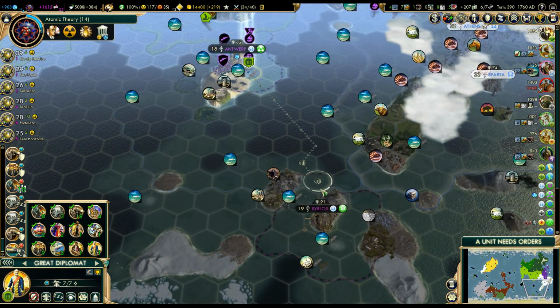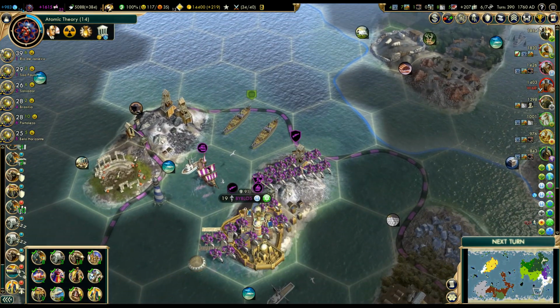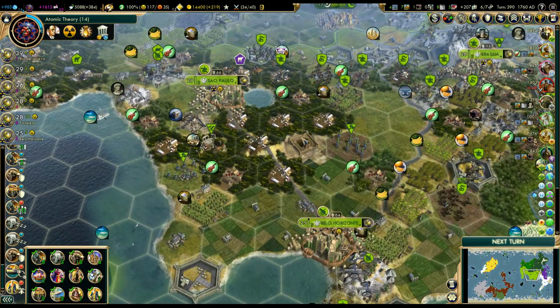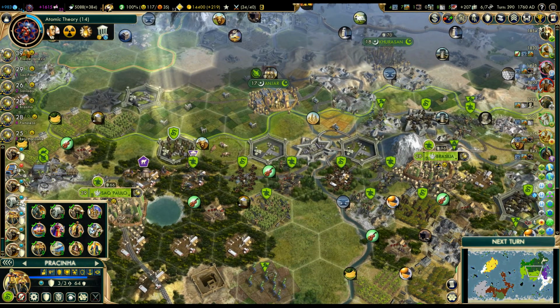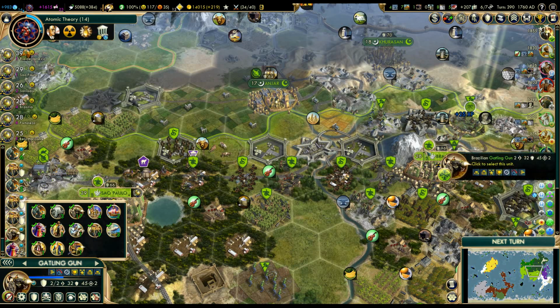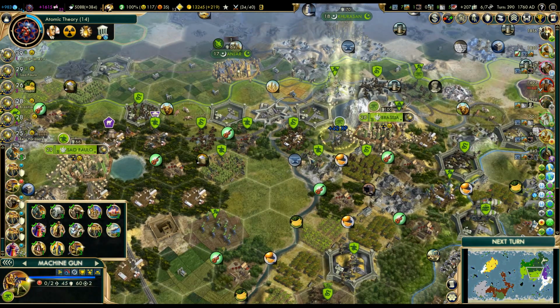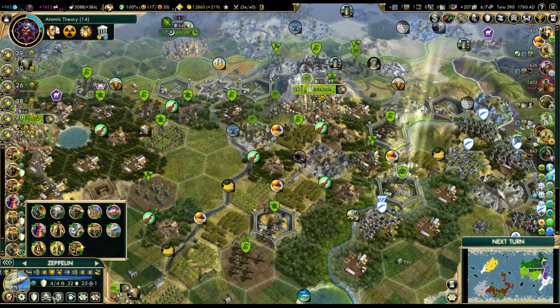Almost. So close. We want the embassy here. So we can do... Here, this is the upgrade that we need. 400. Yep, we have enough money. 2, 3... We have like 17 Gatling guns. And we also can upgrade